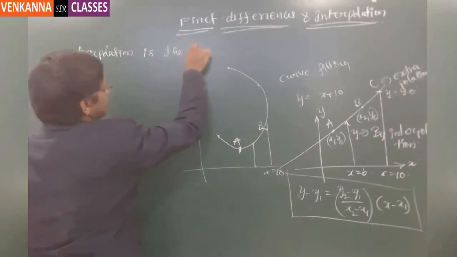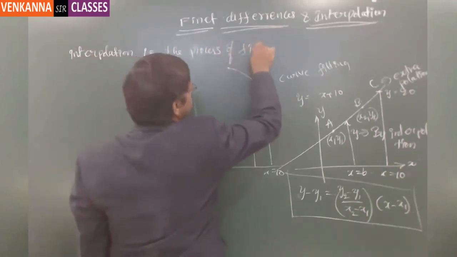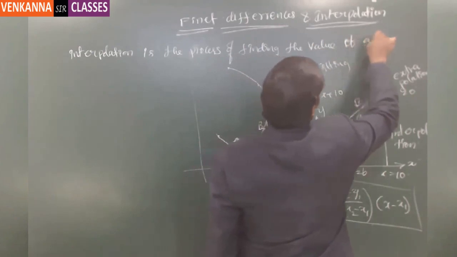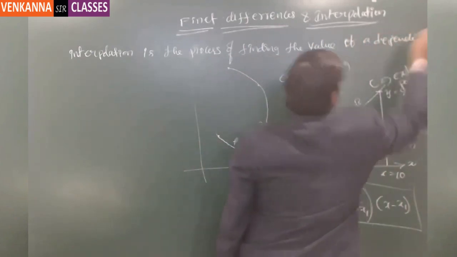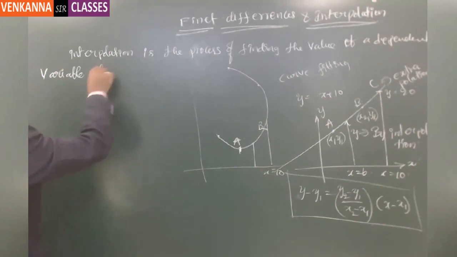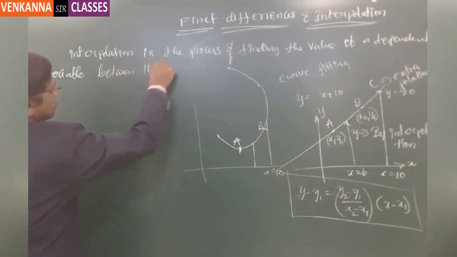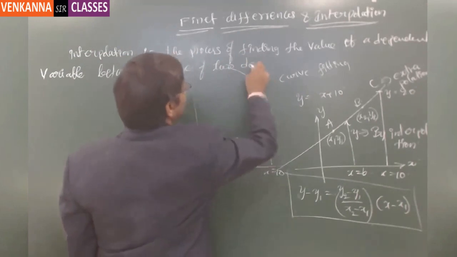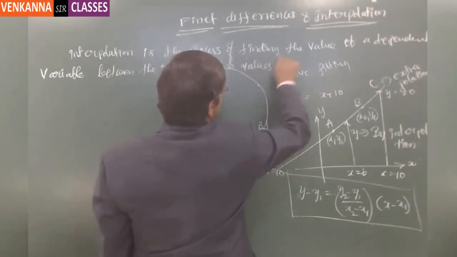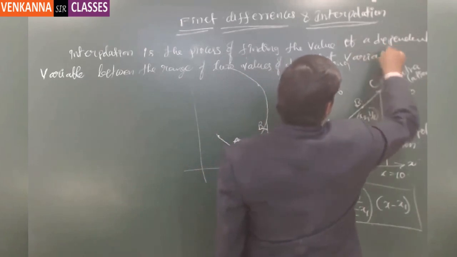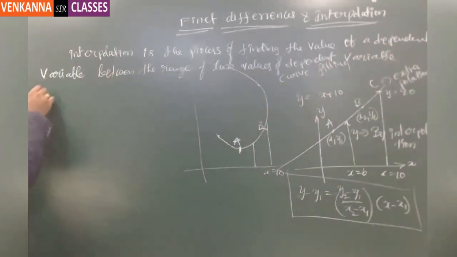is the process of finding the value of y, of a dependent variable, between the range of two values of the dependent variable. Right, so this is the process, and extrapolation is